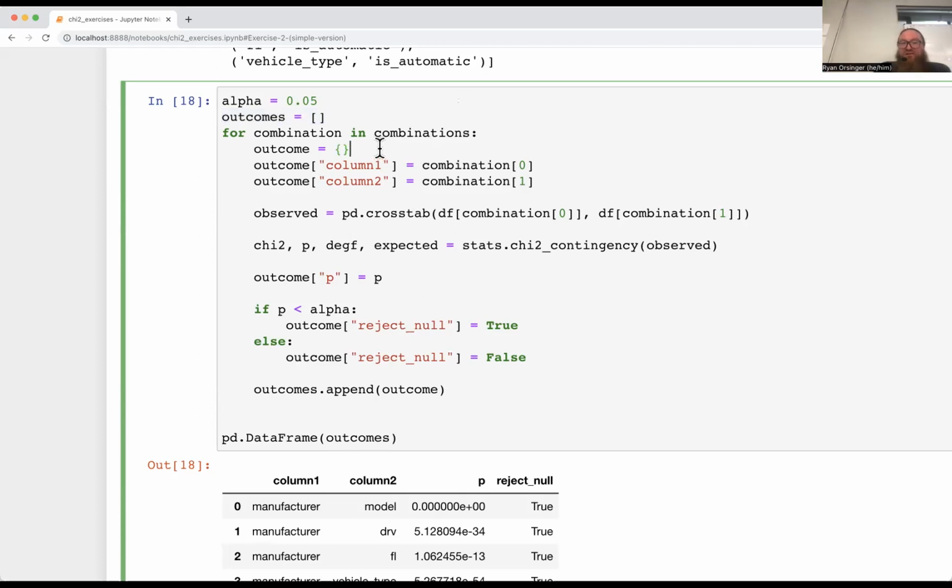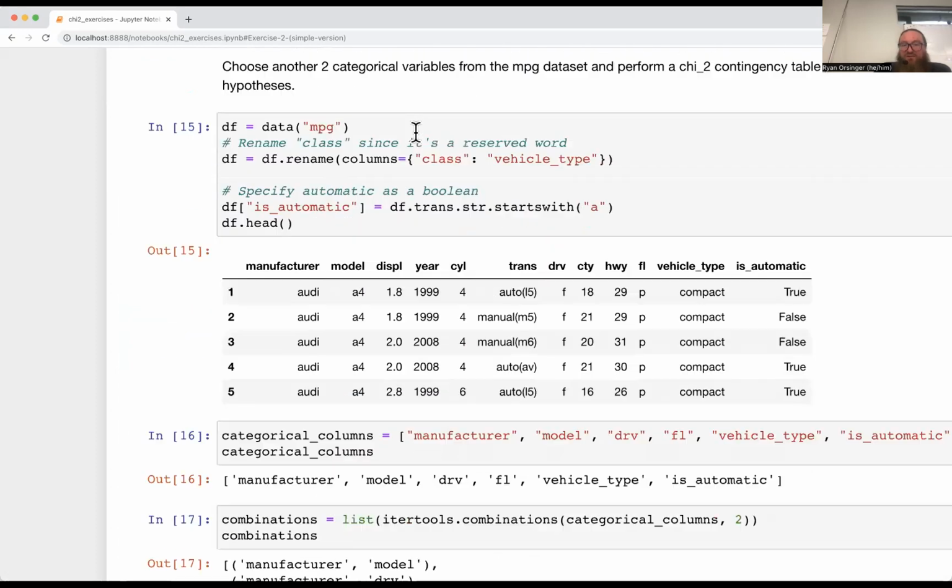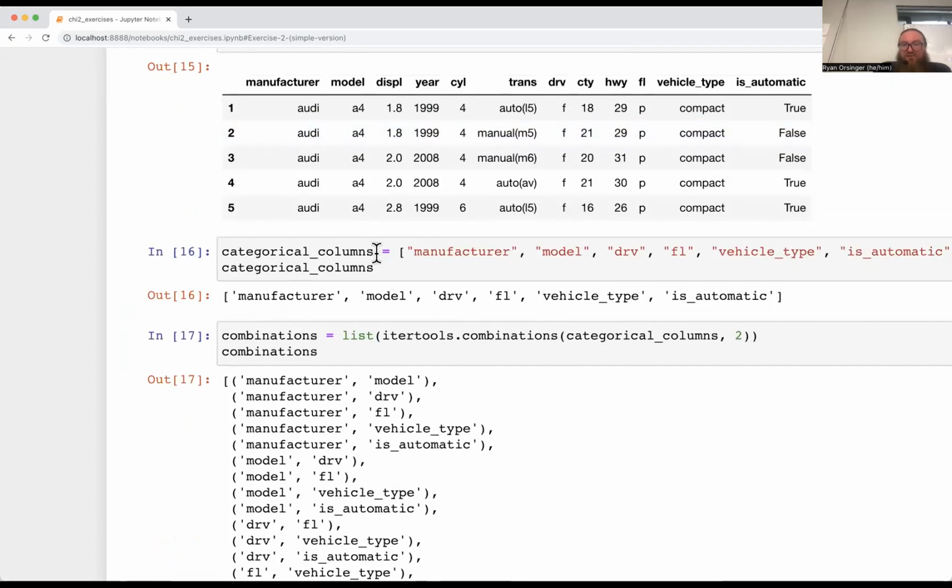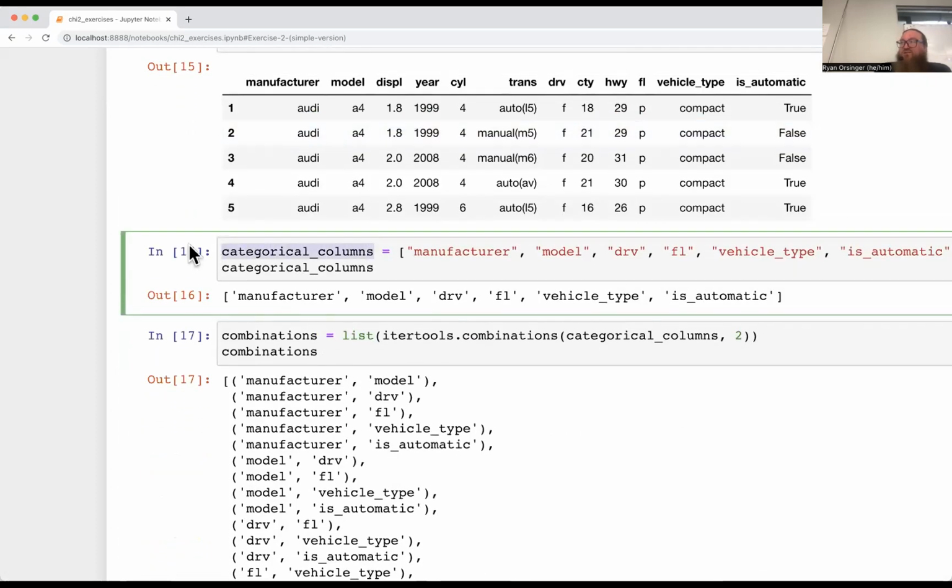Correct, as a singular. If you're asking about the variable name, this is a habit of mine. If I'm looping, if I'm building up a list, like notice categorical columns, I know this is a list. I know there's a couple of things, so I make it plural in my variable name,